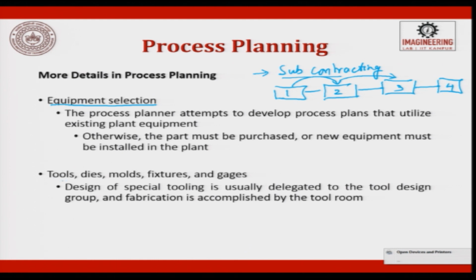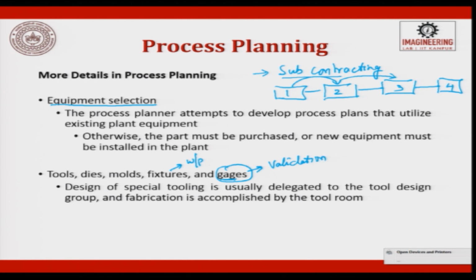So now tools, dies, molds, fixtures are to hold the workpiece. If it is prismatic, you use the 3-2-1 principle, we will see that later. If it is a cylindrical job, you do not have to use it. So it is a challenge. Fixturing is also very important. So you will try to choose the tools, dies, molds, fixtures and the gauges. Gauges are only for validation of what was given in the drawing and what you have made, that is all, gauges.